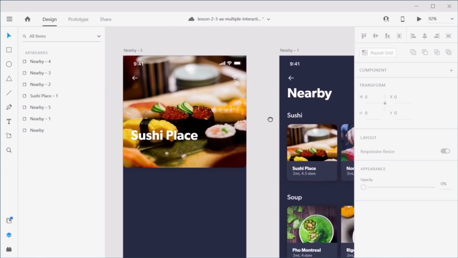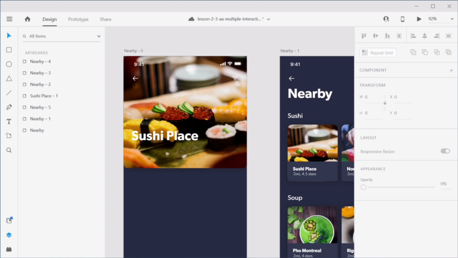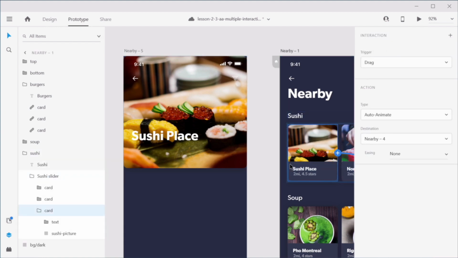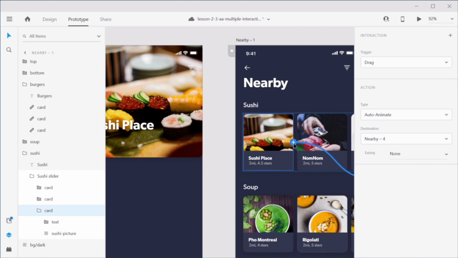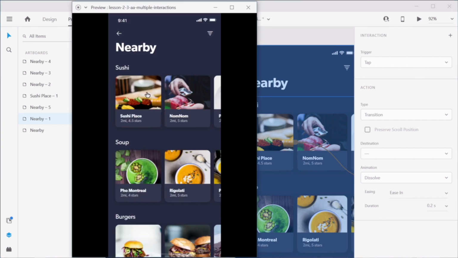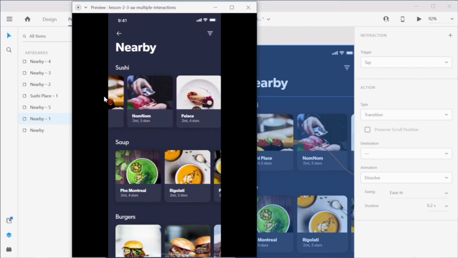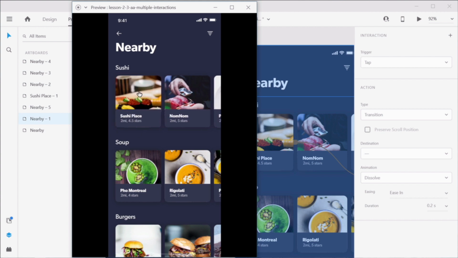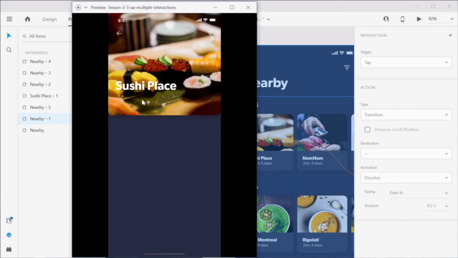And now, if we do a quick test, I'm going to select this element, and notice we have a plus sign here that's telling us that we can add another interaction, or we can click this plus sign right here. So just click, drag to the new artboard, auto-animate, the trigger will be tap, and easing, we can just go ease in and out over 0.8 seconds. So let's see if this works. I still have the drag interaction available to me, but as soon as I click this, it's gonna open up